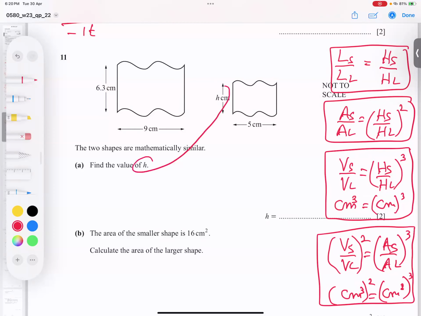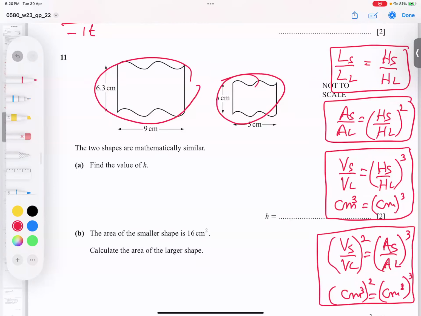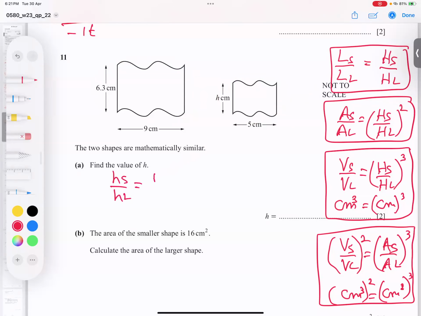So I need to find H. There's a small diagram, and the larger one. So I will use the upper formula, number 1. Height of the small by height of the large, base of the small by base of the large, no squaring, no cubing. Height of small is H. Height of large is 6.3. Base of small is 5. Base of large is 9. And this simply multiplies there. If you multiply, it becomes 6.3 into 9 into 5 divided by 9. And my answer is coming 3.5